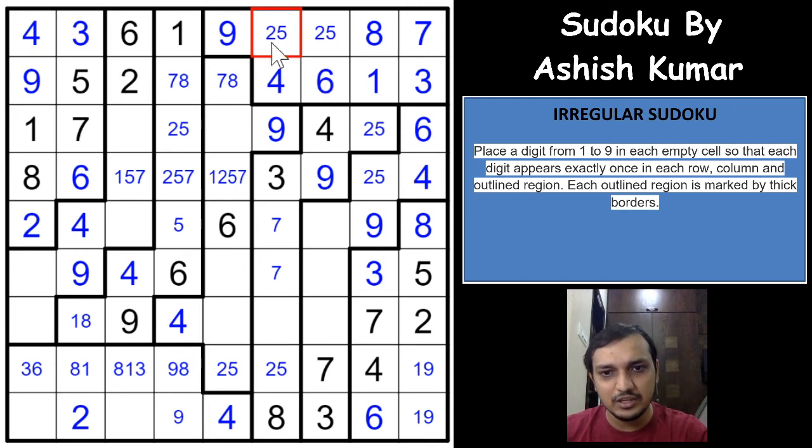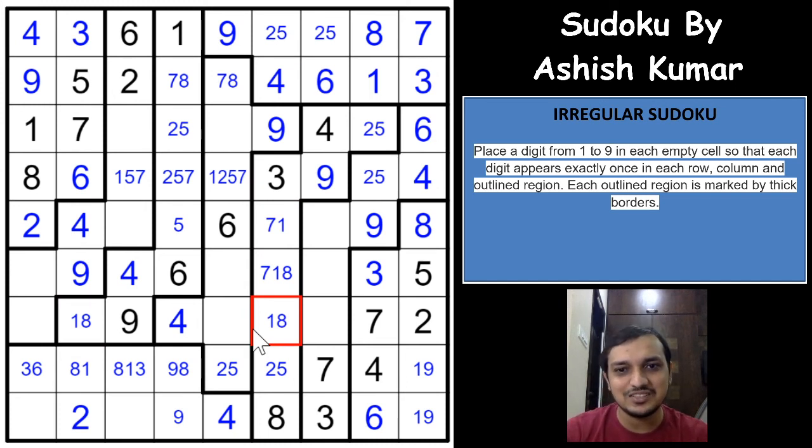And we can eliminate 8 from these two cells. So we get a 2, 5 pair logged in this column. So the other digits are 1, 7 and 8. 7 cannot be here, it has to be 1, 8. 7 is here, 1, 8. And 1 and 7. Right? So you have again a 1, 8 pair logged here. Excellent. So pairs and triplets are just flowing like anything, right?